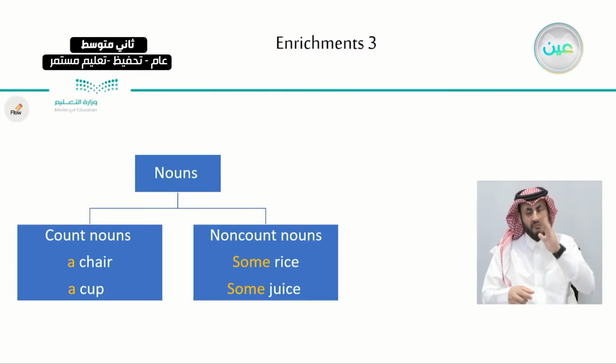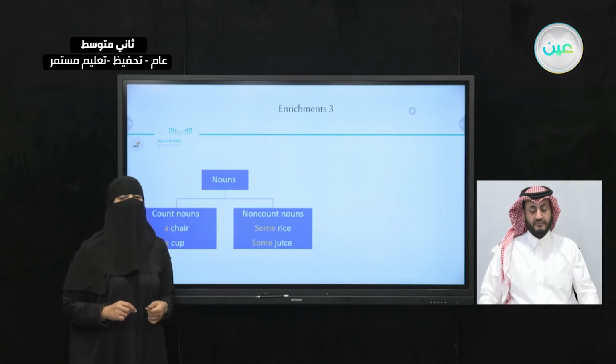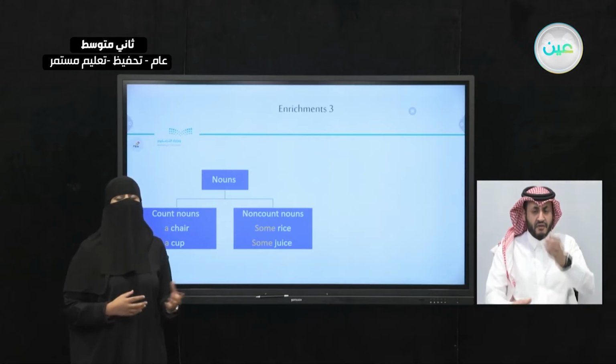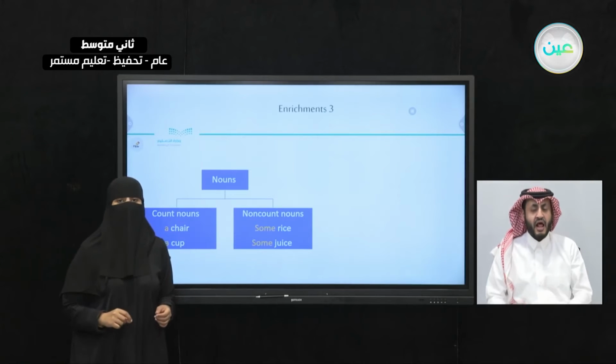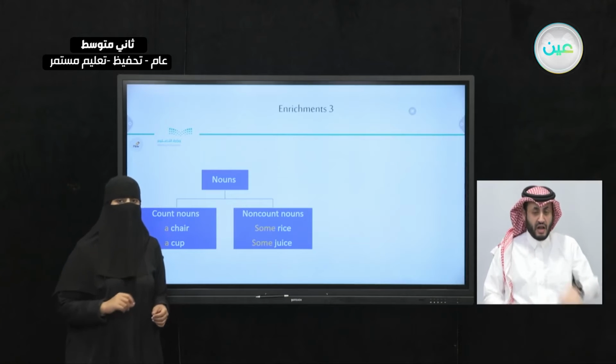So here, let's take a look at these nouns here. I have chair and cup, but look at the thing before chair and cup. A chair. A chair, that means it's only 1 chair. And here, a cup. A cup, that means it's only 1 cup. Now, do you remember in the lesson when we ordered food from a menu? So we said, I would like a cup of coffee, or I would like a cup of tea. So we can count the cup, right?